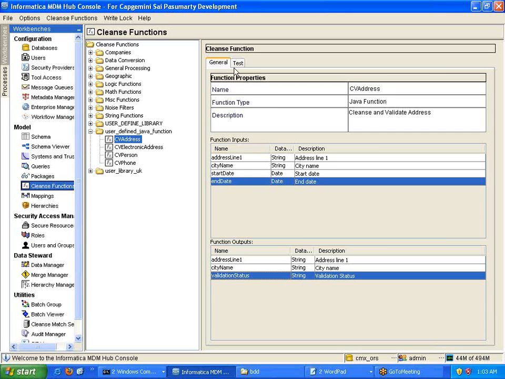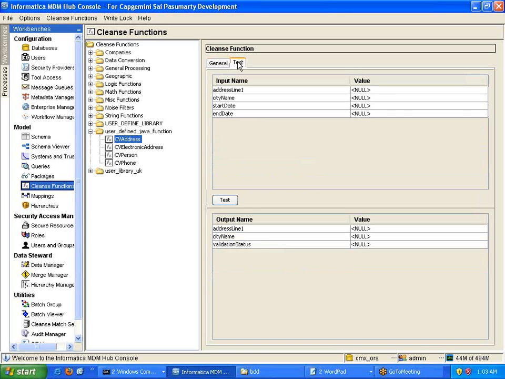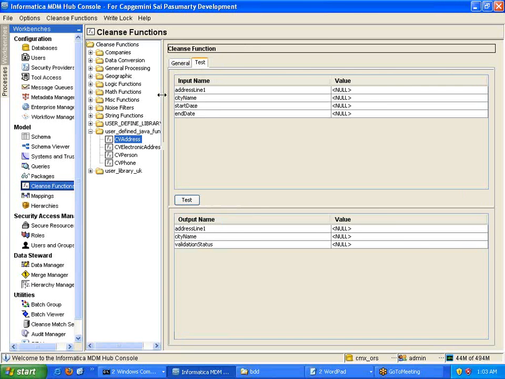For example, let us test it here before we start calling this particular Cluns function within a mapping. We have CV address. You can pass some address line, whatever you want. Let's say a simple address.